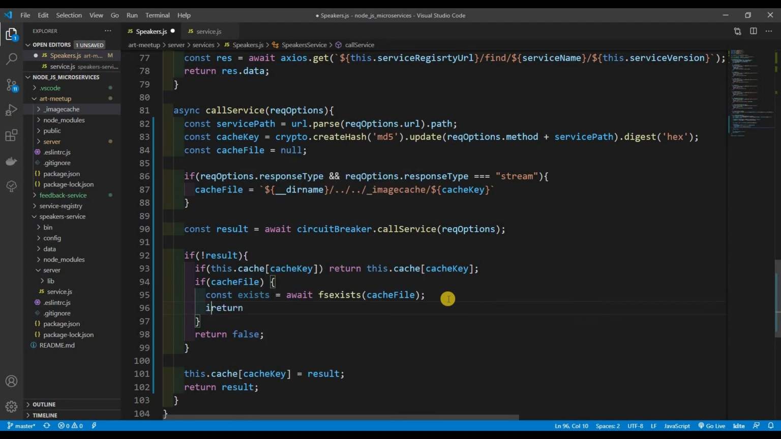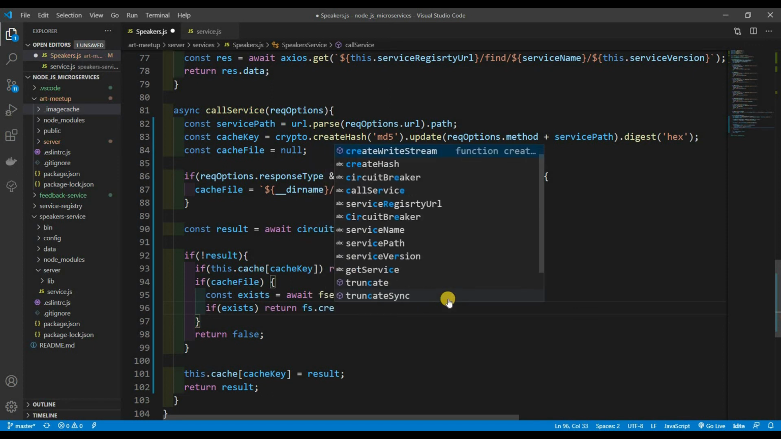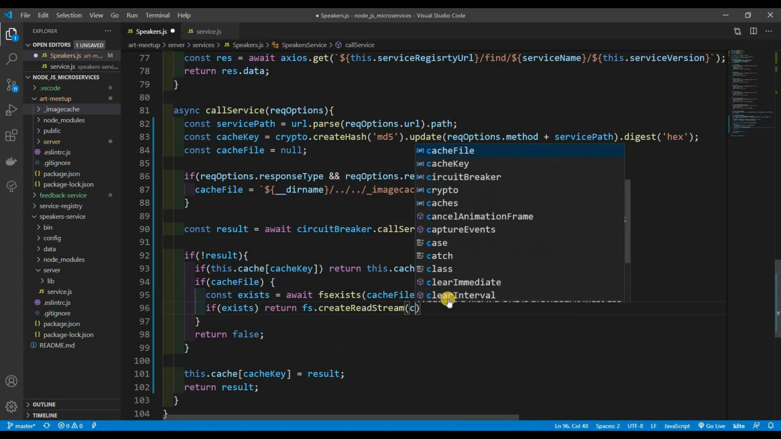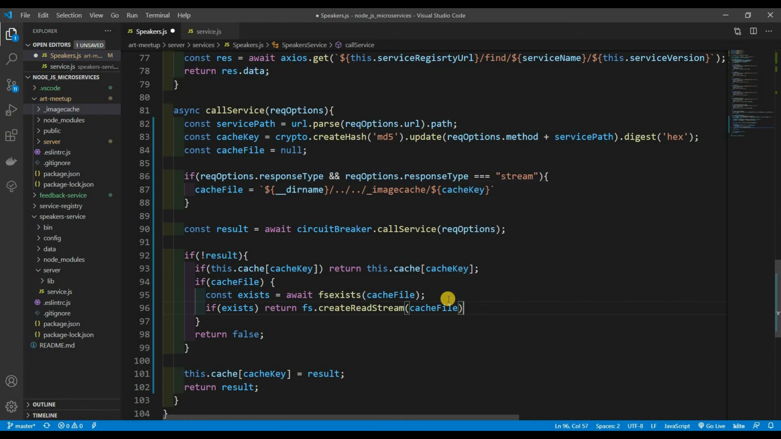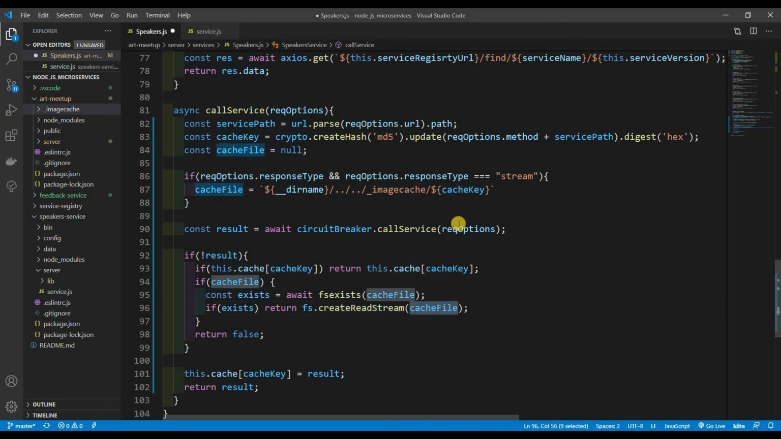So if exists, return fs.createReadStream, and then the cacheFile. Basically, createReadStream is going to allow Express to actually read whatever is inside this cache file, whatever it is, right? Now, that's all good if we actually